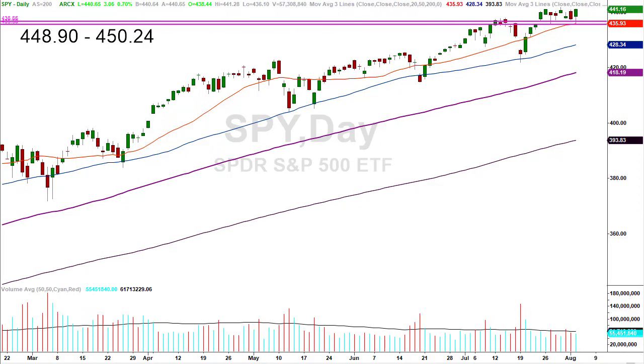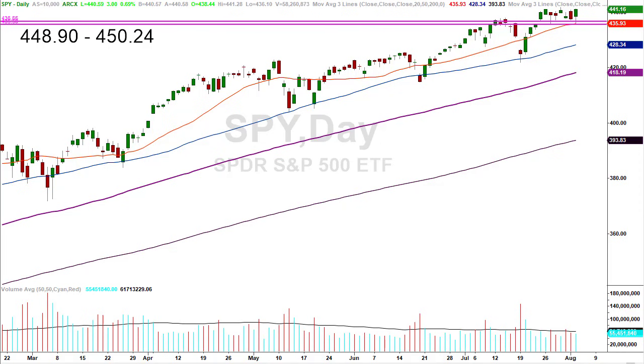Assuming that was a reversal from this morning's activity, and it was, if we get follow through, they're going to likely gap above the old high if they're going to do it. They can obviously trade through it if they want to, but it's easier to gap above it. And now all of a sudden you go over to the left side of the page and you say, well, there's that 448.90 to 450.24. Is that actually going to be on the table, on the docket? And the answer is, if they're going to make new highs, it's absolutely on the table. That's why we left it on the chart. The trend is your friend until it changes.